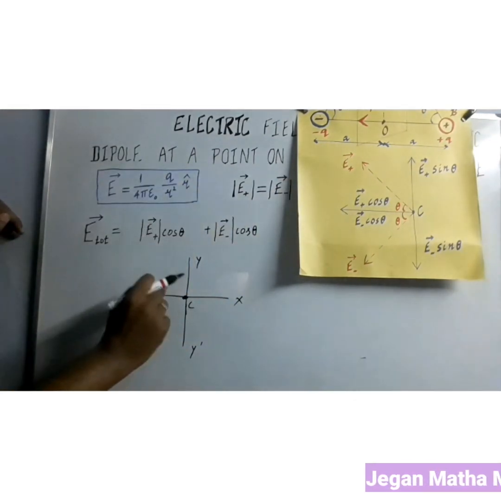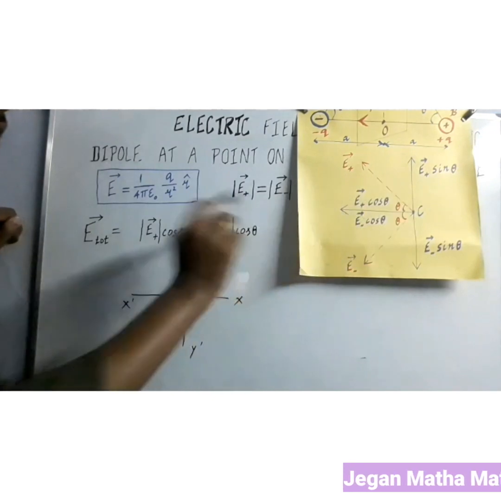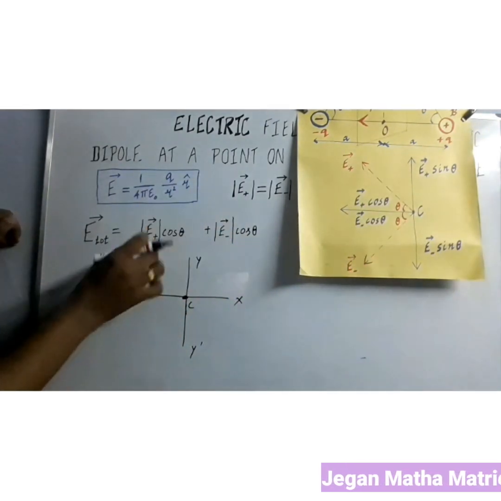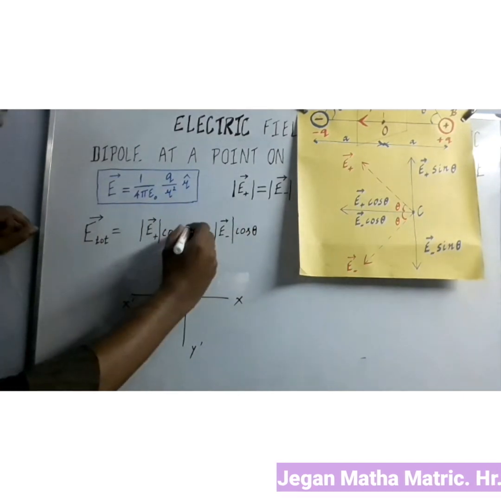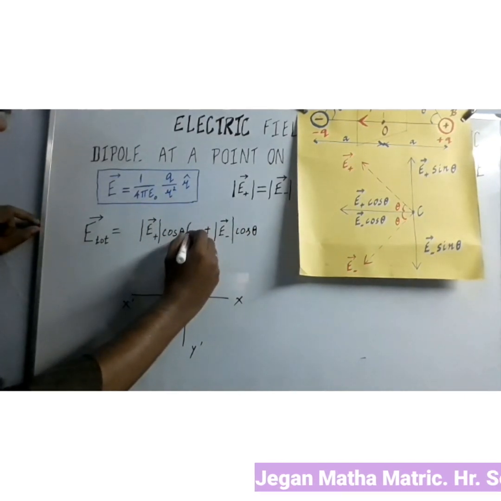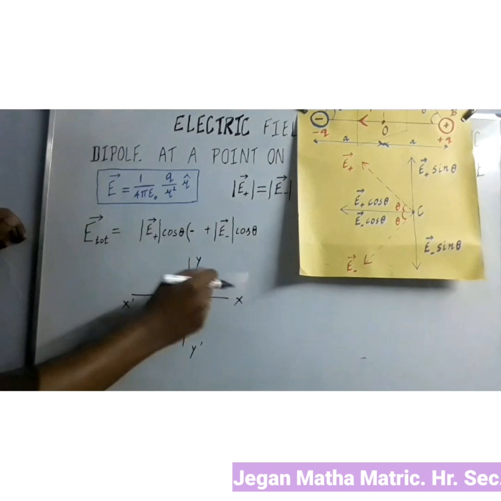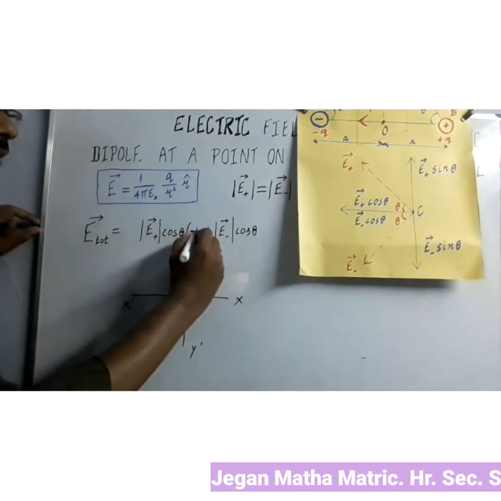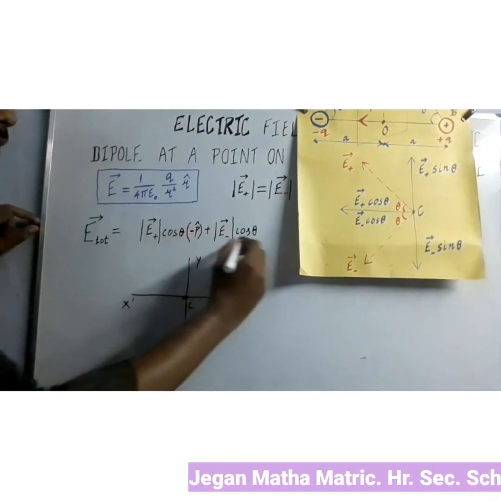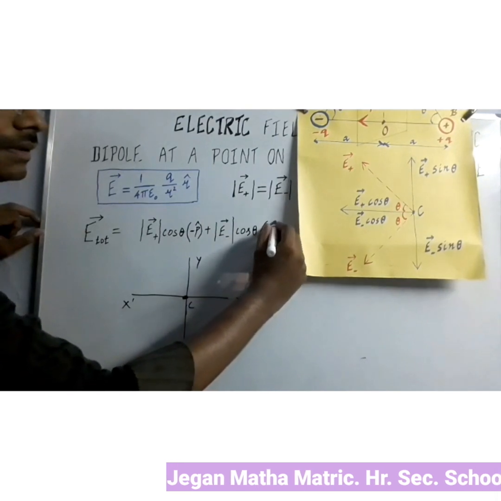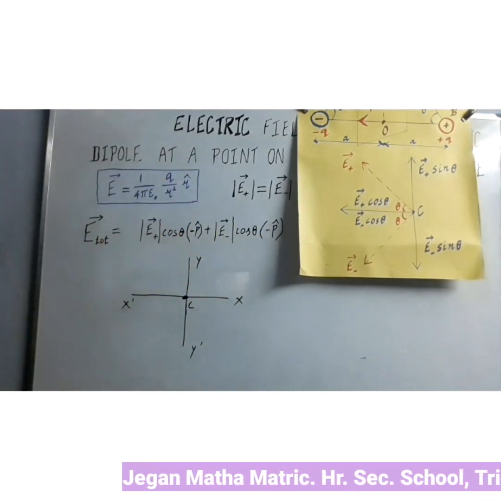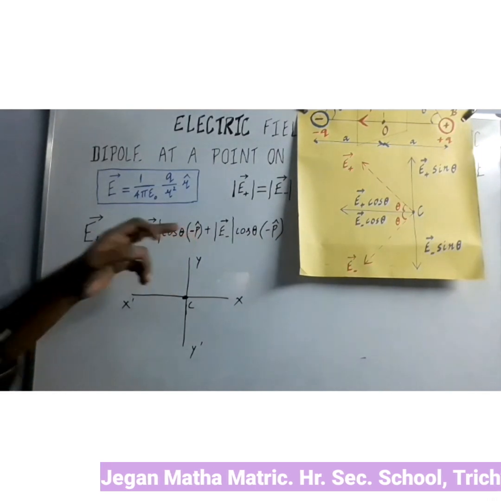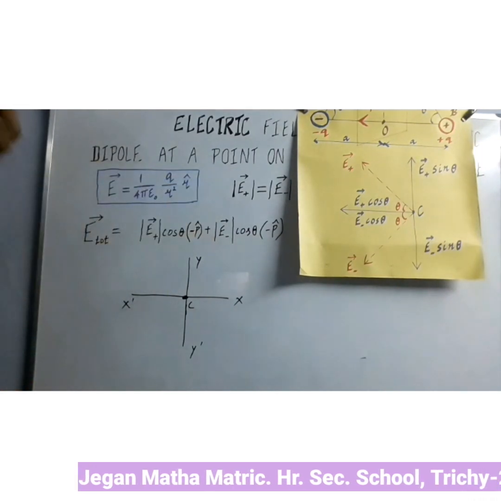So they have the negative sign. Both the components will have the negative sign. We have to include the unit vector also, because here we have written only magnitude. Here you can introduce the unit vector, that is minus. We have written the minus, it is acting along the x dash. So minus p cap. Here also minus p cap. Here why are we including p cap? P we know that is nothing but a dipole moment. Why are we writing p cap? At the end of the discussion we will know about that.